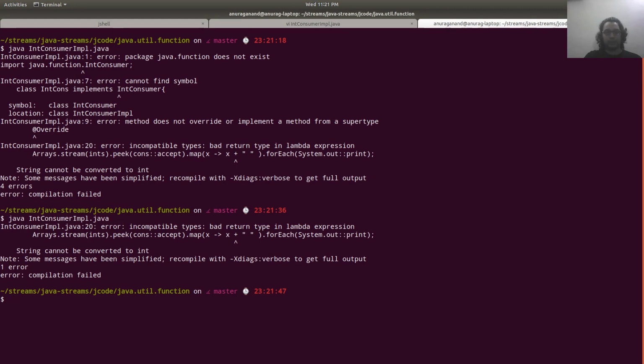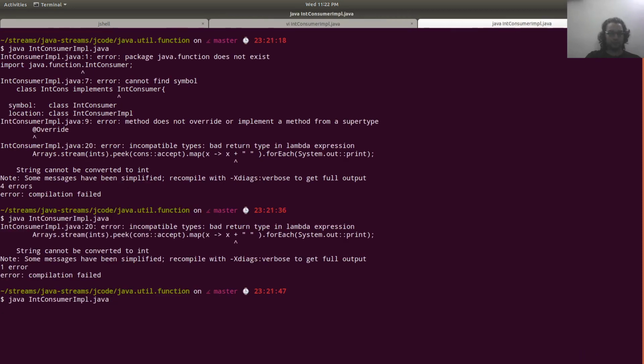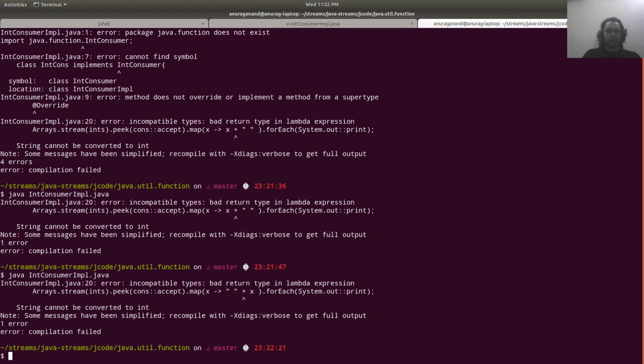Incompatible types, bad return type in lambda expression. So we have some problem here.